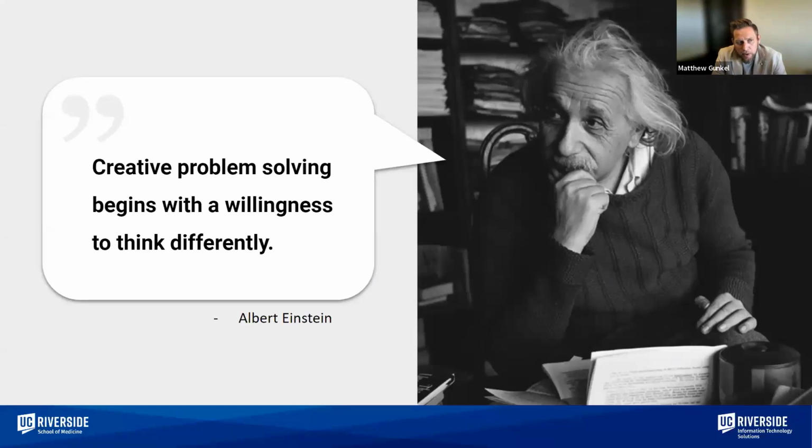I really like this quote. It's a really good quote from Einstein. We really just have to think differently. As you heard us run through a number of the investments and services that we've been working to bring to UCR, in trying to think differently, we're also trying to reduce that complexity. It's an understanding that UCR is an educational institution, and we are ultimately here to help support and serve